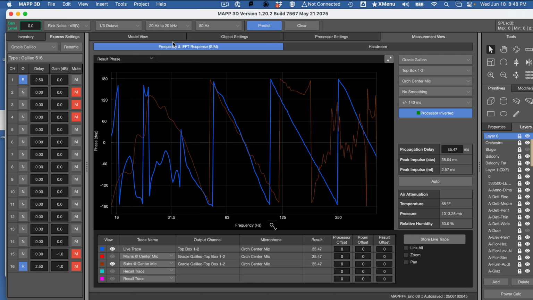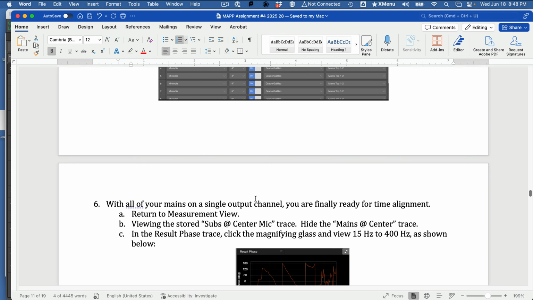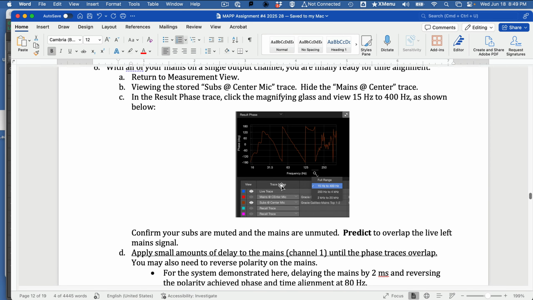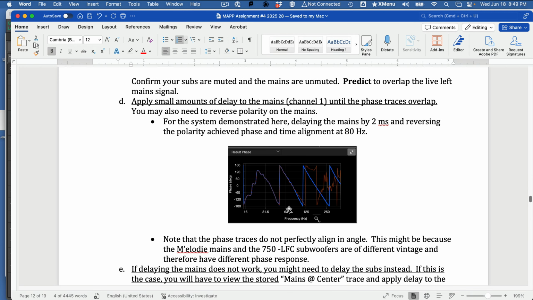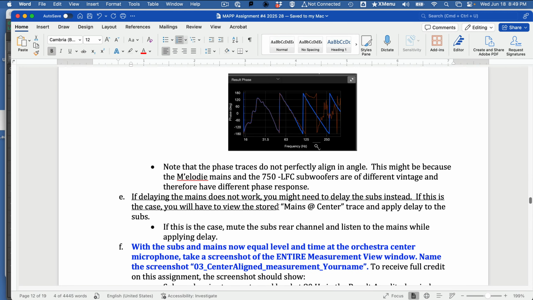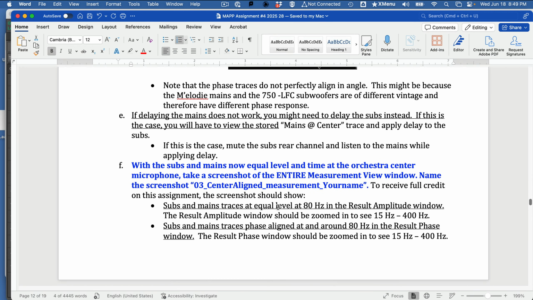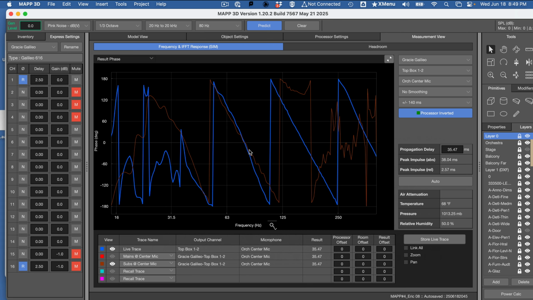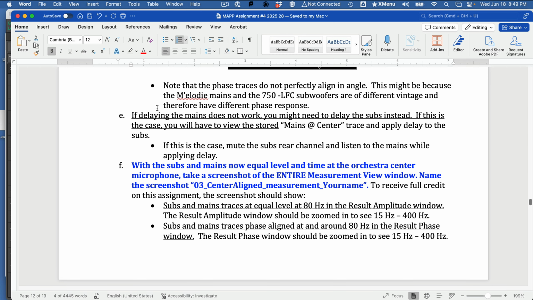Let me go back to the instructions and make sure I haven't skipped anything. I've gone through the process of prediction and then alignment. Once you have achieved this, it may be slightly different for you than 2.5 milliseconds because your mains are slightly angled, articulated differently. You may have a different result. But once you get equal level and equal time, equal level and equal phase, which we have at this point,